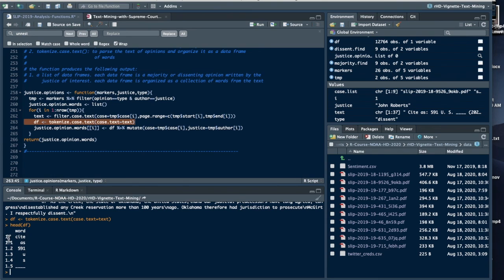Each word is a row in a data frame, so all of the text from that dissenting opinion has been broken up into words and stored in a data frame. This last line here is going to take this empty list that I declared outside of the loop, and it's going to put that data frame inside an element of that list. Okay, so if we do that,